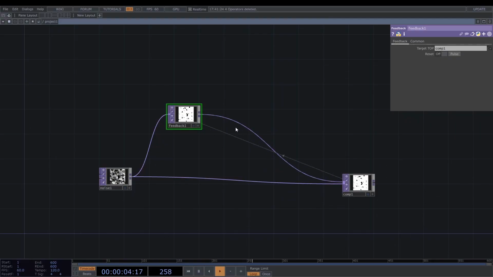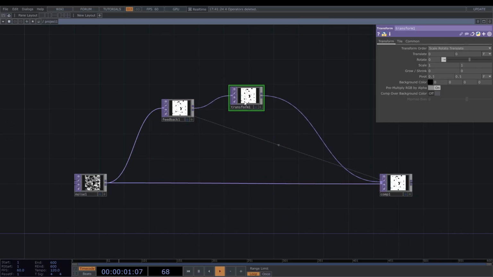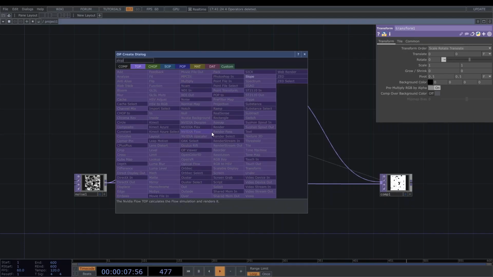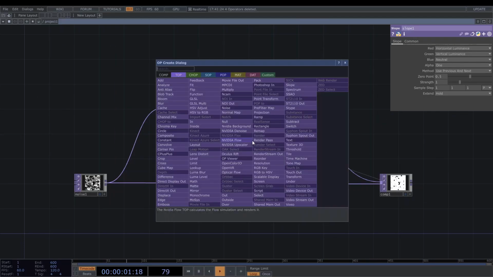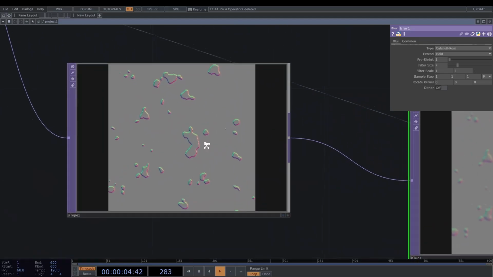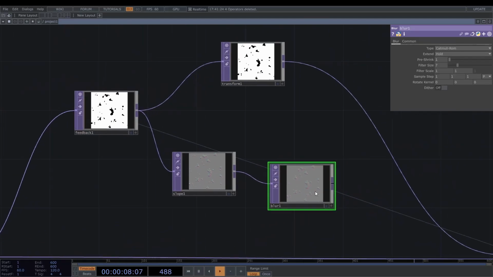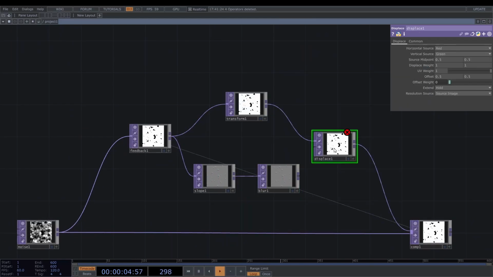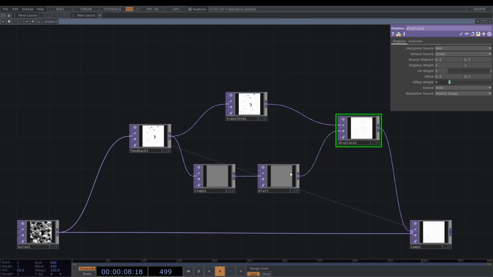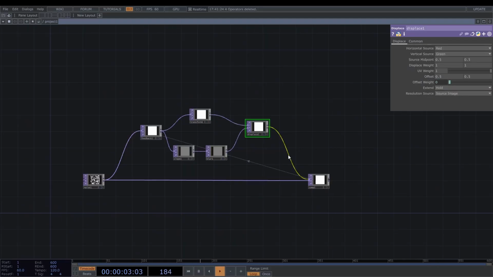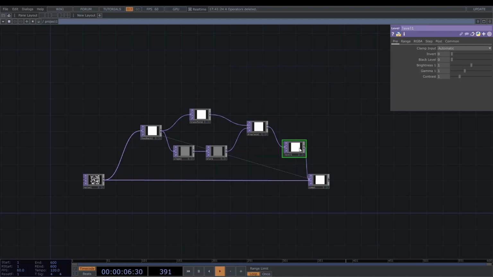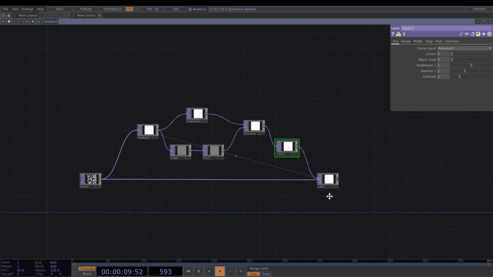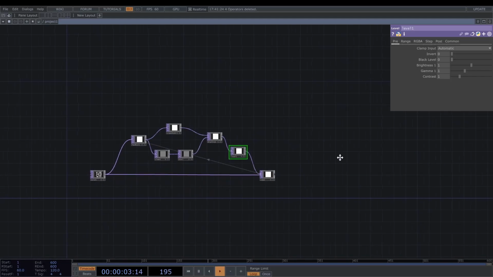Now, here in the middle, we need to add a transform to move the feedback a little bit, and then I'm gonna create a new noodle, and this noodle is gonna end up in a slope, then in a blur, so that we can control the definition of the slope with blur. And then we are gonna get a displace from the main branch, let's call it, and displace it using this slope we just set. A final level to control the opacity, and we are almost done with it,